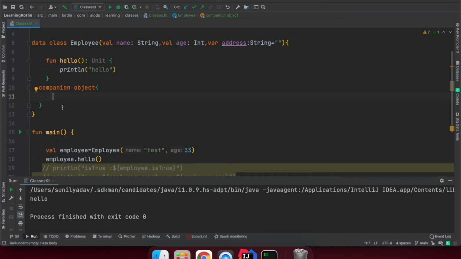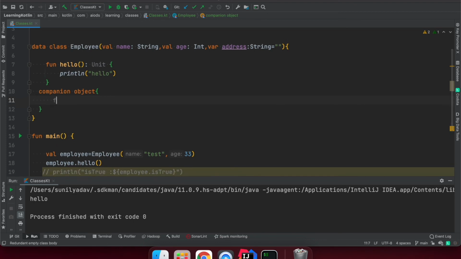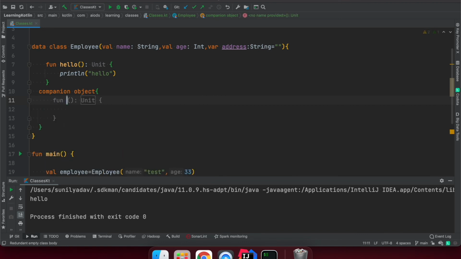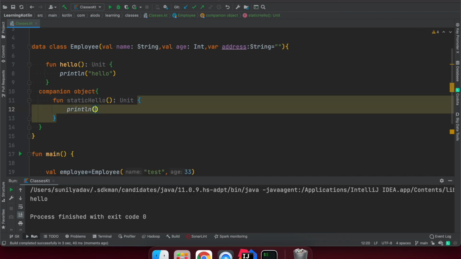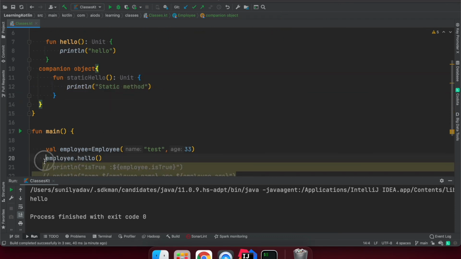So let's create a function that takes zero arguments, static hello, and I'm going to print static method.